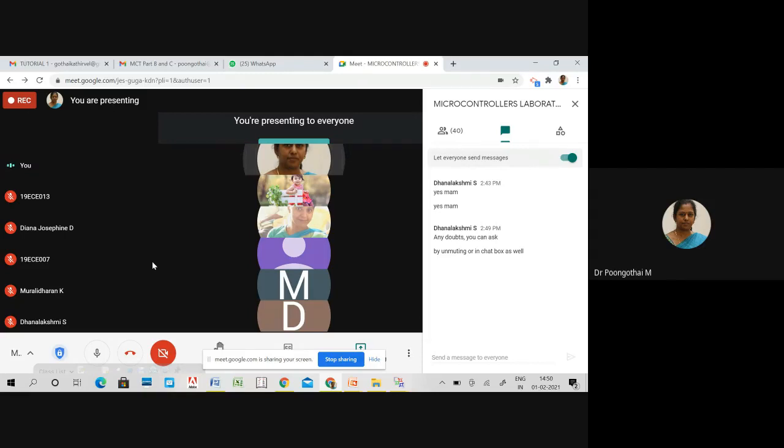I am asking how many memory locations are needed for storing your inputs. Am I audible? Yes, ma'am. How many memory locations do we need for adding two numbers?